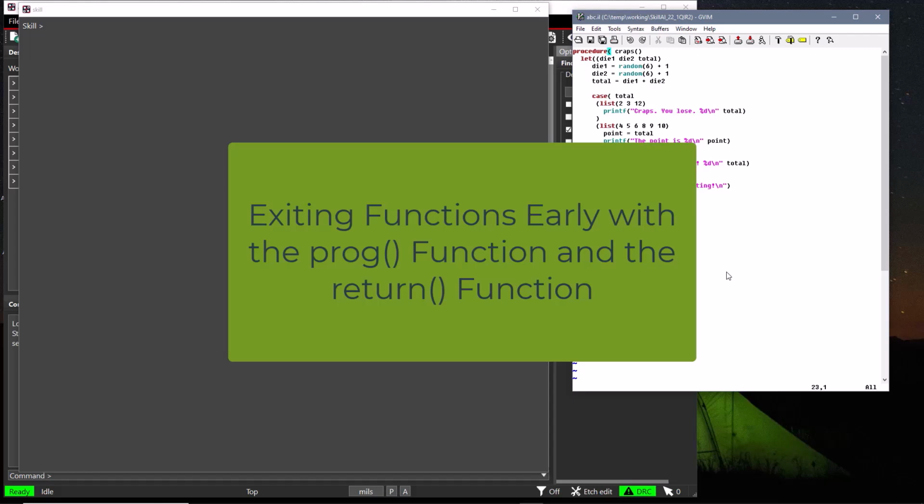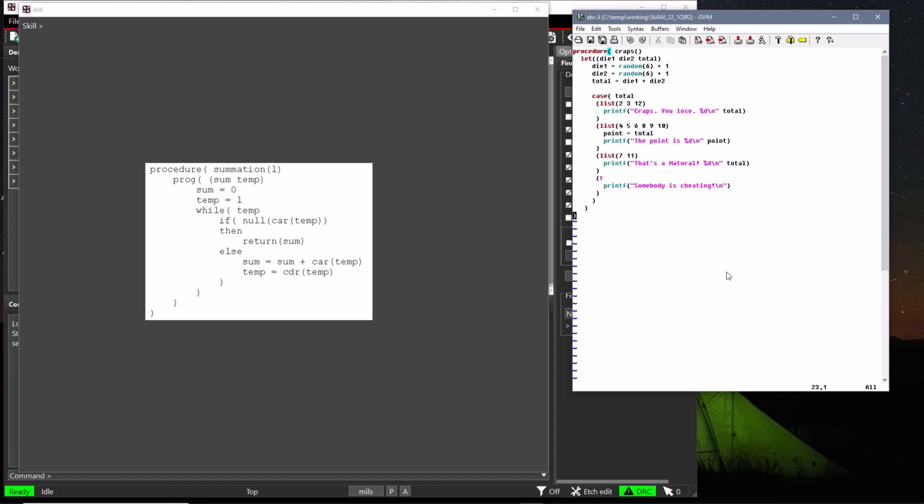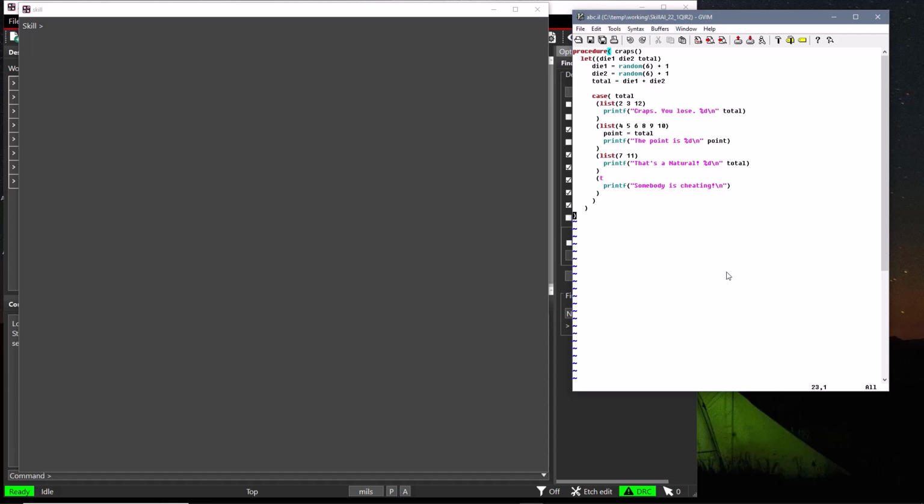In general, a SKILL function runs until the last expression in the function is complete, but the SKILL programming language provides the prog function in conjunction with the return function to allow you to programmatically exit at an arbitrary point. Let's look at an example we used in a previous training byte to show the prog function and the return